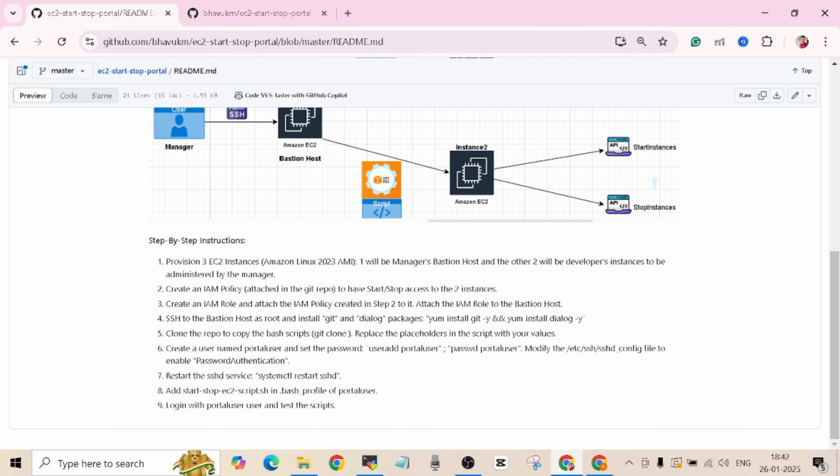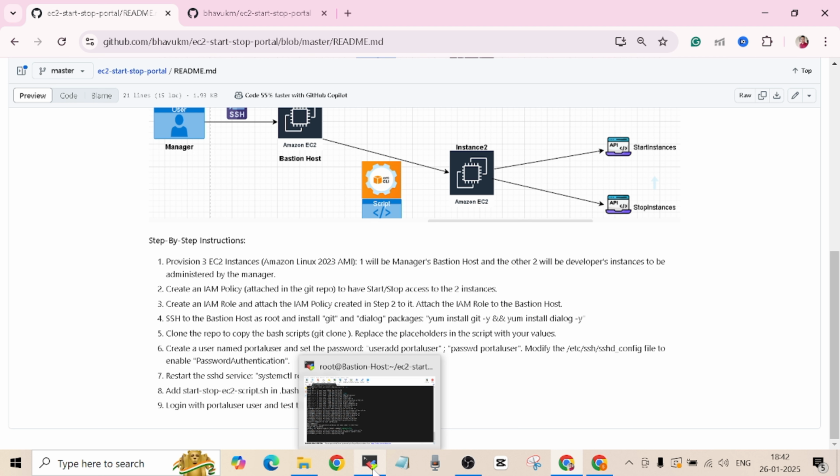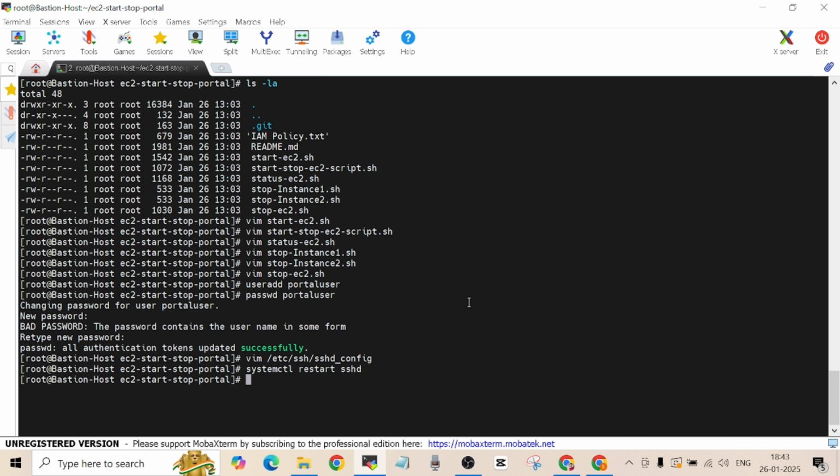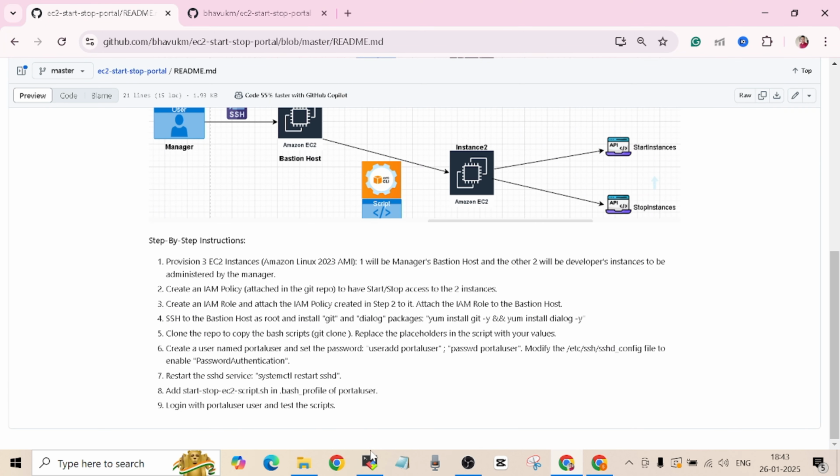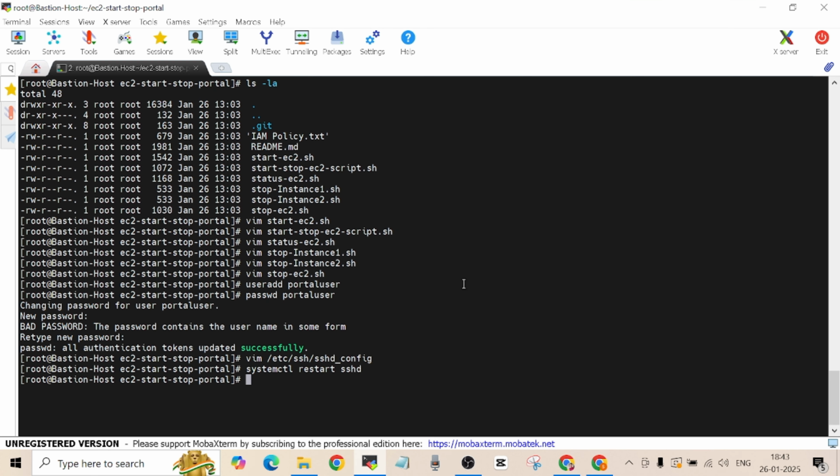we have to add the start-stop-ec2 script.sh. So this is our main script that is going to be executed when this user named portal user SSHs to the Bastion host. So to do that, what we have to do is add this script in the .bash_profile of this user. Okay, so first thing is, I think I'll just update some more steps here. What you have to do is